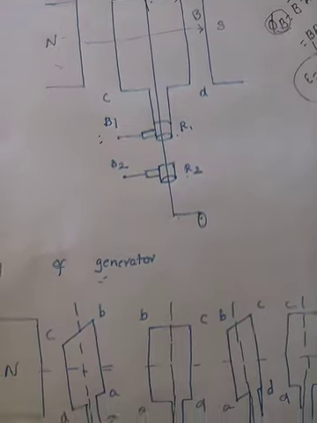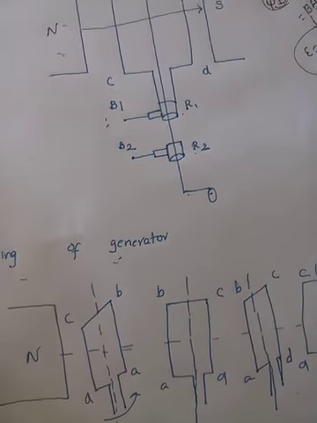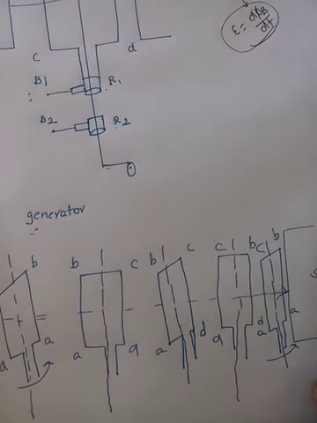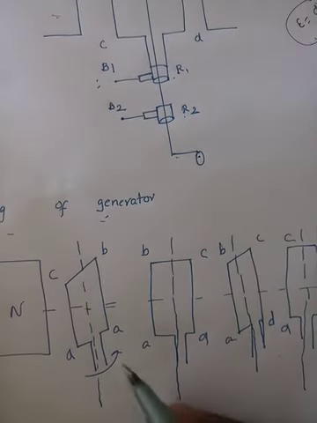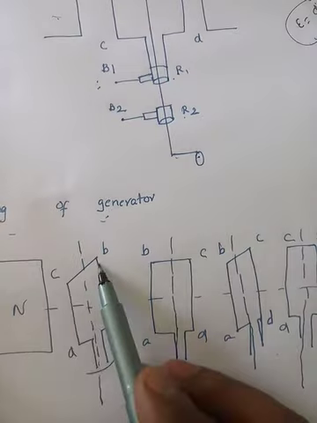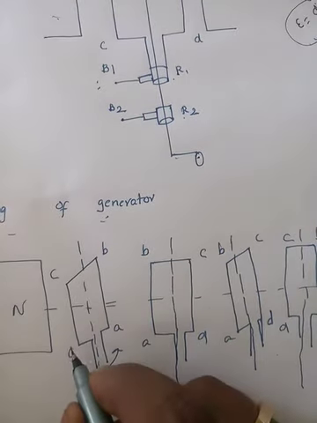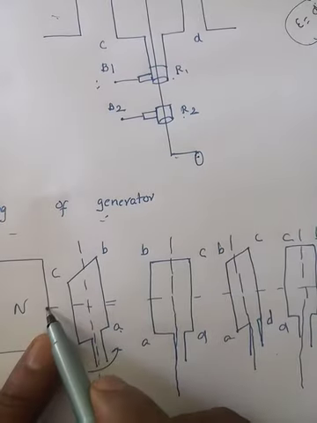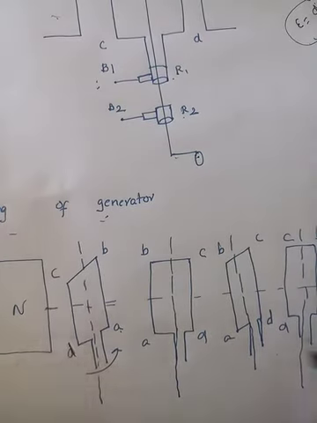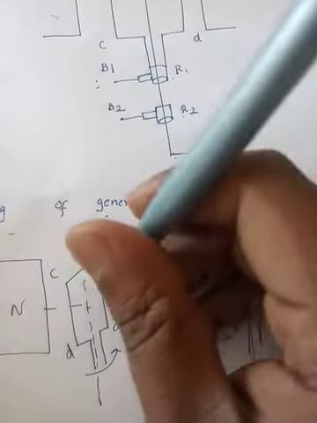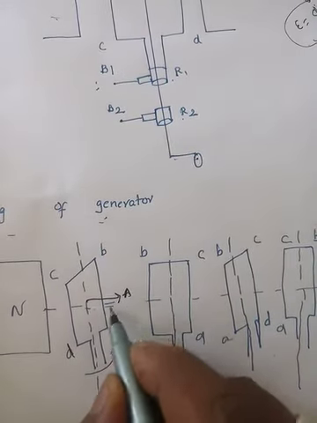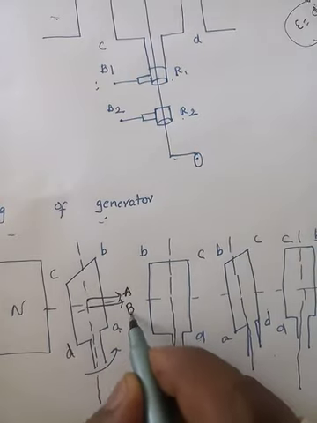Let us see how this phenomenon works. Because I am not going to bring a motor and generator for you, I am going to show a picture of what will happen. This is the north pole and this is the south pole. Initially, this is the rectangular coil. See the positions A, B, C, D. This is the direction of the magnetic field and this is the normal. For this, the normal is also along this direction, and this is B.